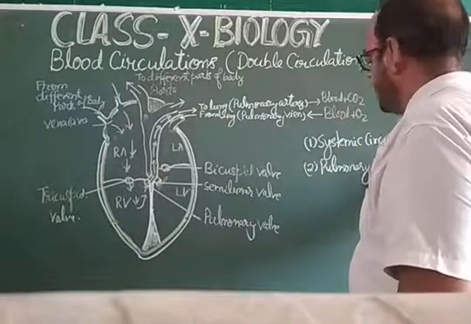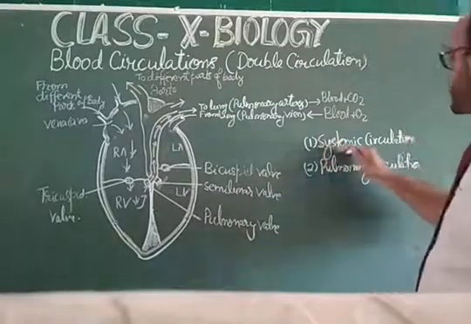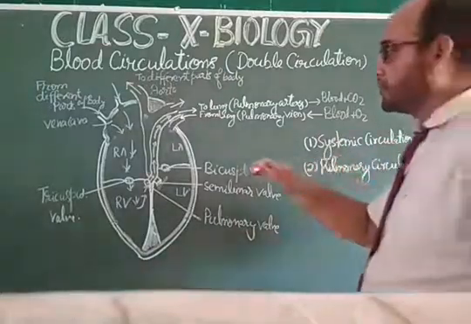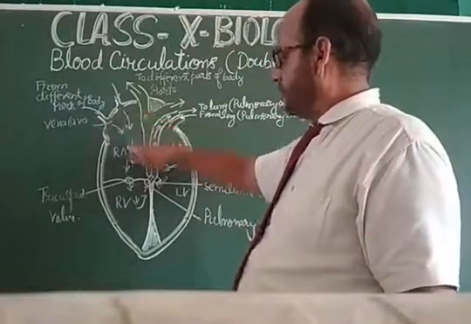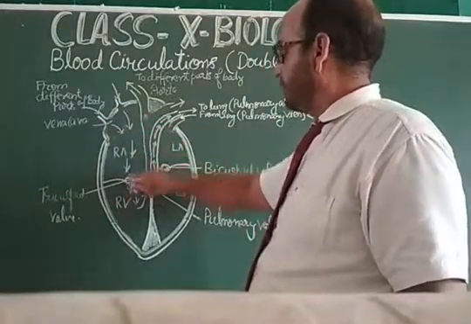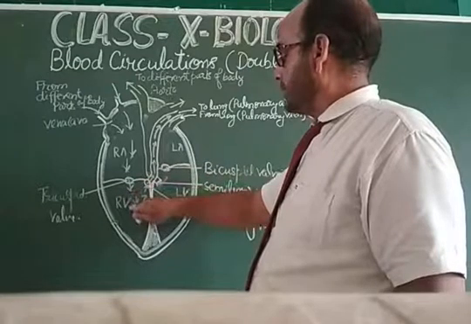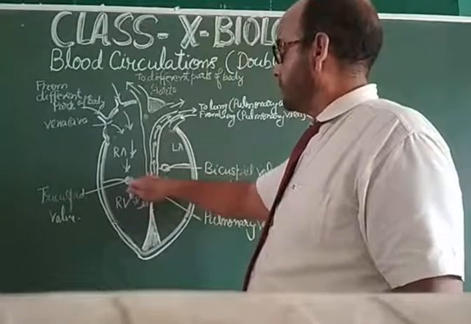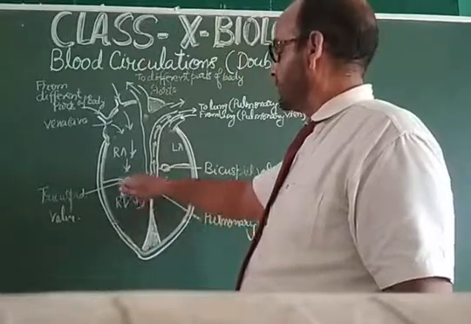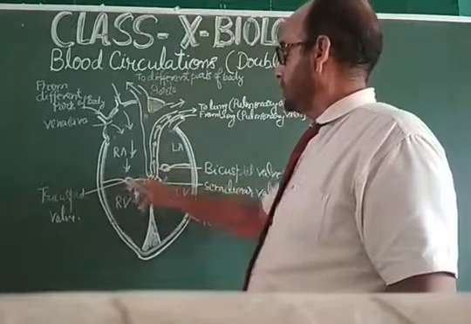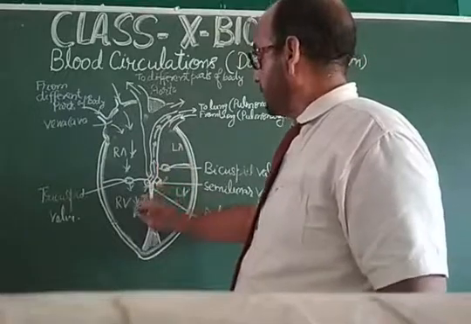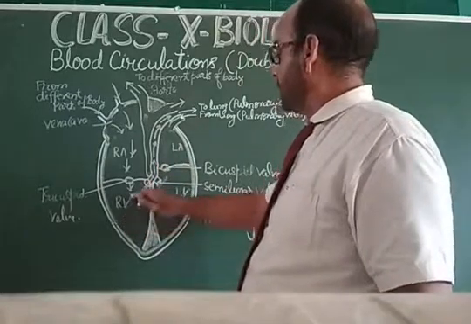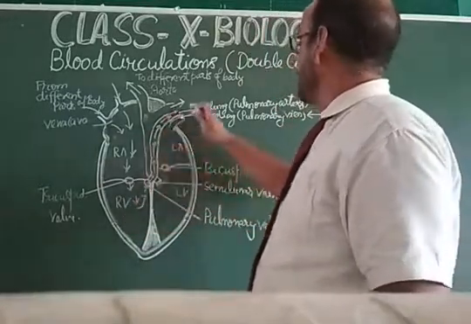So students, in this double circulation, systemic circulation means the blood circulation that is coming from the different parts of the body via the vena cava, coming into the right atrium, then coming to the right ventricle via this tricuspid valve that controls the opening of the blood volume, and further by the contraction of this right ventricle the blood is pushed into the pulmonary artery.